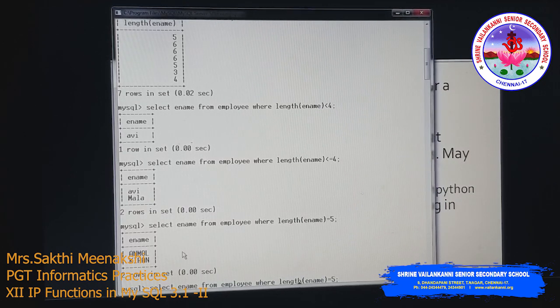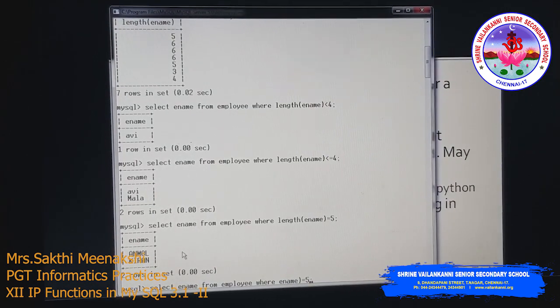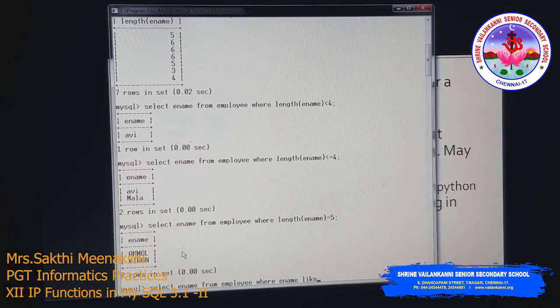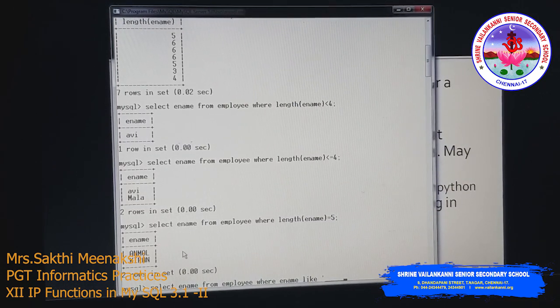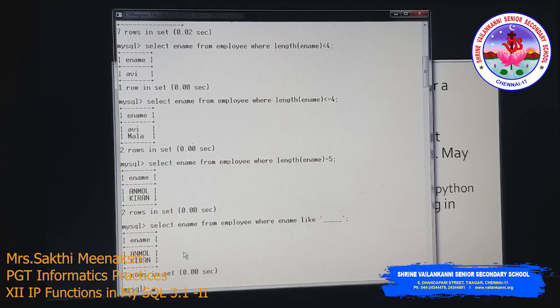For this query we have an alternate also. We have learned about the like clause, so you can use that also: where ename like 5 underscores, 1 2 3 4 5. This gives the same result. Underscore means exactly one character.